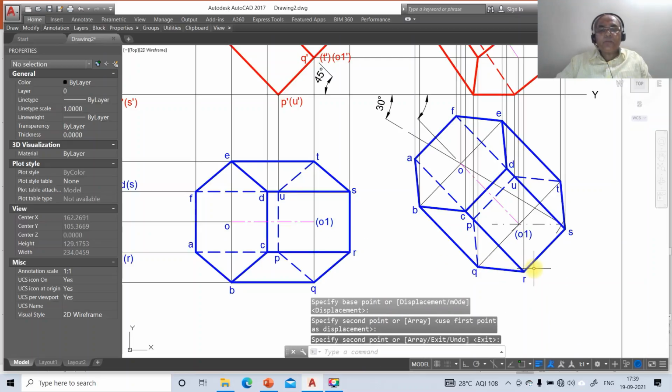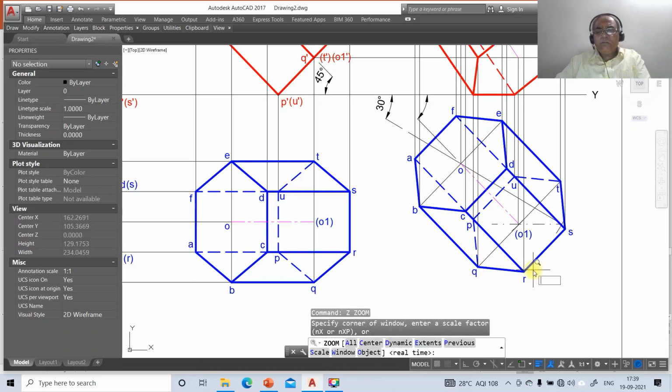So once you do that, then go to zoom previous.